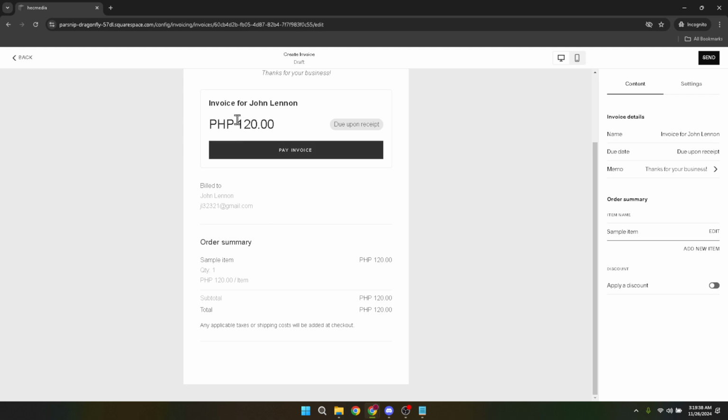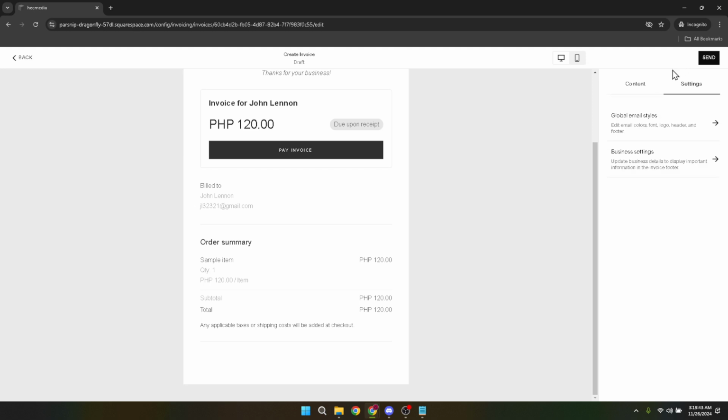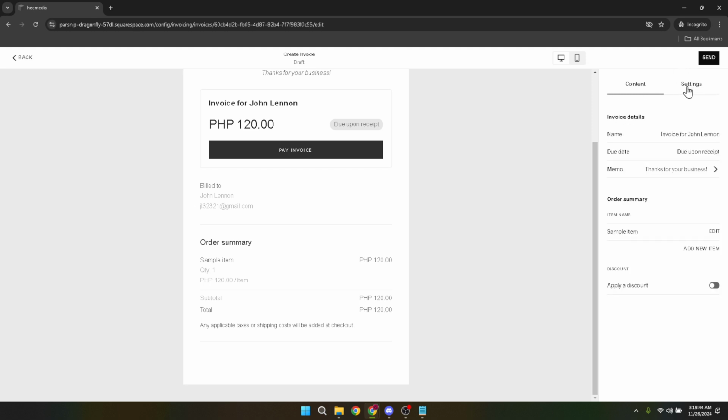Finally, once all items are listed with their prices, you're ready to send your invoice. Squarespace makes this last step as straightforward as clicking the Send button. However, before you do, take a moment to preview your invoice. Ensure all the information is accurate and presented professionally. This includes your business information, the client's details, the items or services provided, their prices, and the total amount due. A well-constructed invoice reflects well on your business and professionalism. Clicking Send will dispatch your invoice directly to your client's email, provided during the setup. And just like that, you've successfully created and sent an invoice using Squarespace.